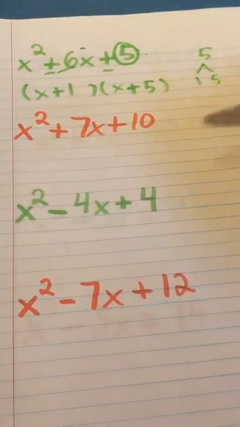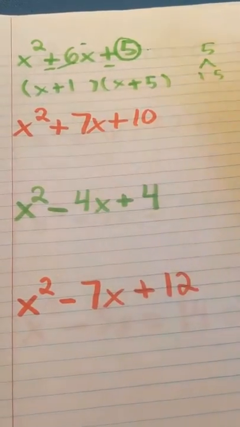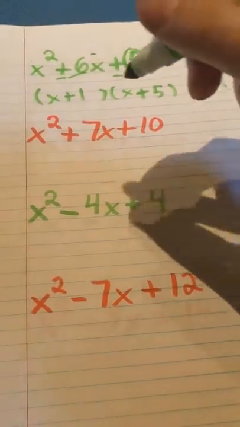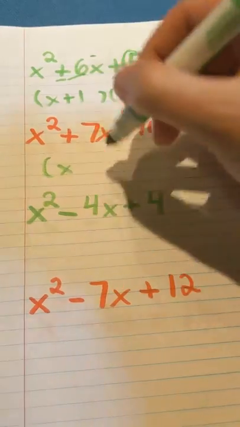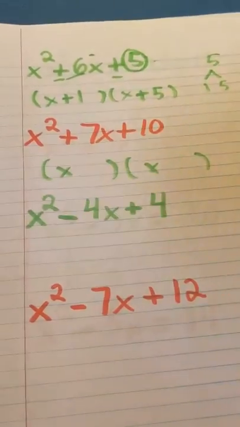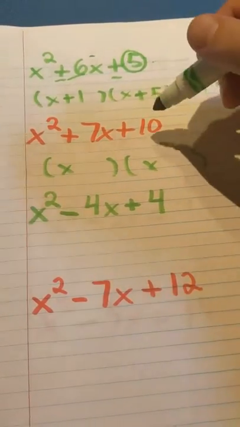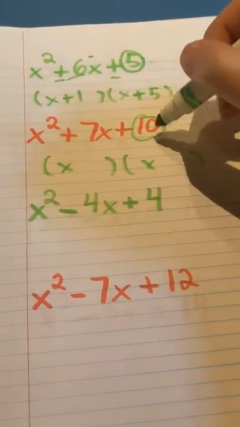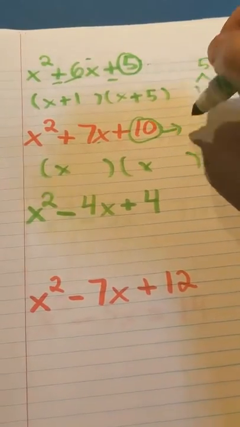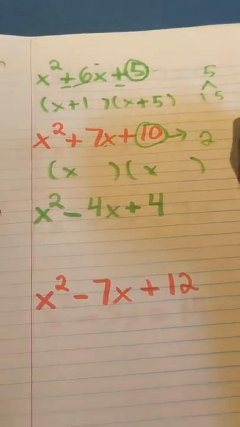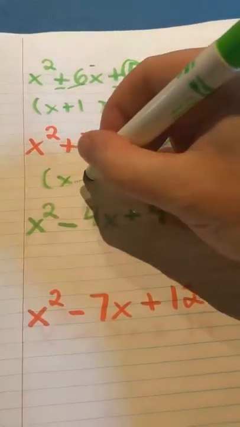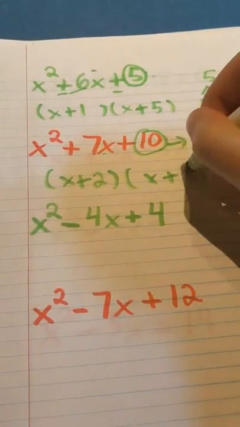Now it's time for you to try this one here. The red ones are yours, so I'll give you a second to pause the video. When you do this, you should make sure that your answers are in this form. It should have x and then something here, something here. When you look at this one, you should be looking at what multiplies to give me 10 that can add to give me 7. Two things that multiply to give me 10 are 2 and 5, and those add to give me 7, so I should get x plus 2, x plus 5,